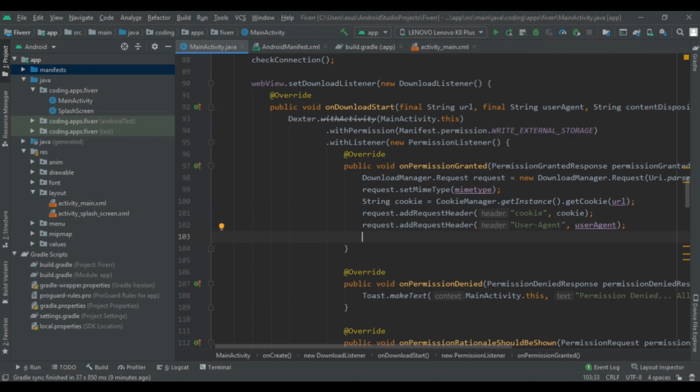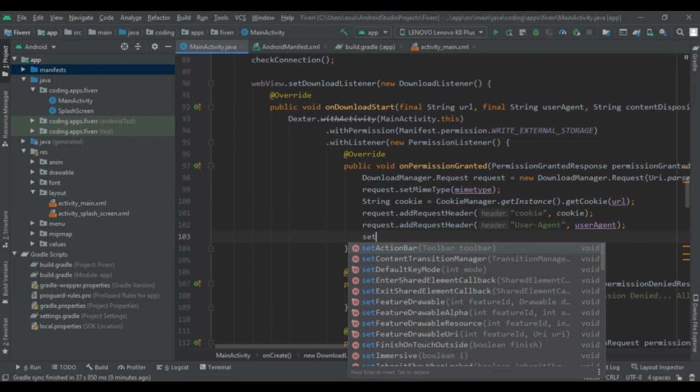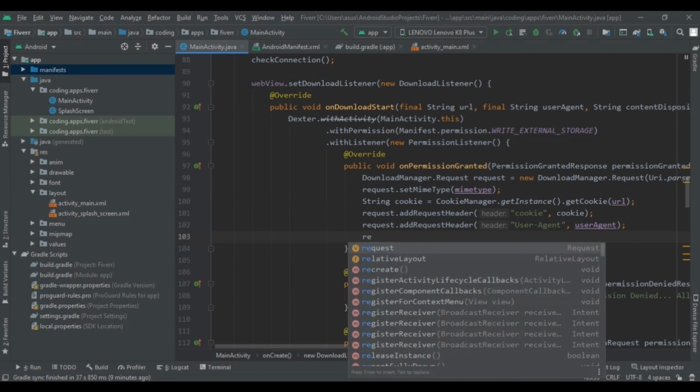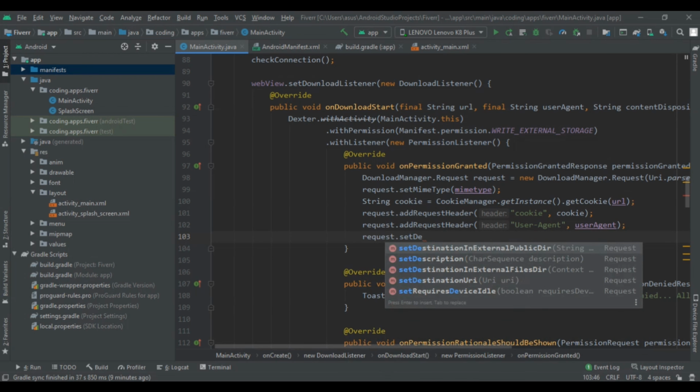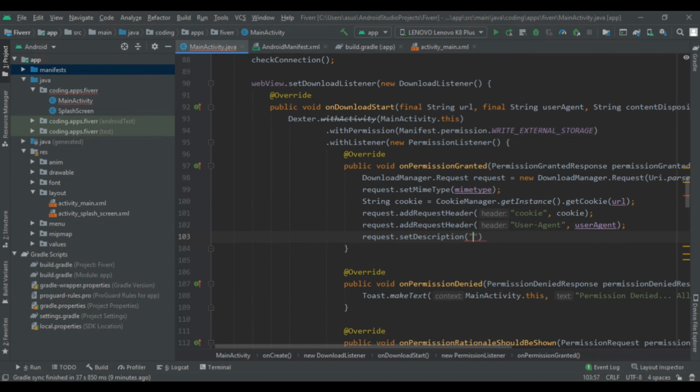Then we are going to set our description so the user can see what they are downloading. So request dot set description, it should be in string format. So we are writing downloading file, please wait.